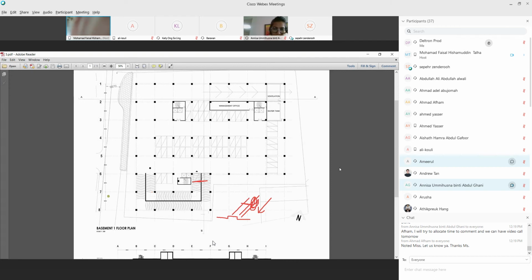Okay, and then I have to ask you to be careful when you draw this ramp. So this ramp will go up. It's actually smaller. The corner there, it turns. There's a column, isn't it? In fact, this column is really not necessary. Column can be designed inside, and then the corner here, and then the road.